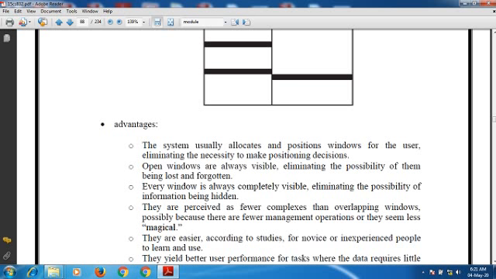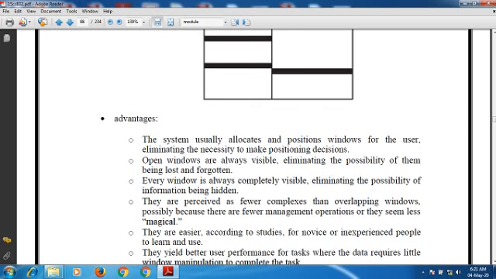Every window is always completely visible, and the information is not hidden beneath another window. They are perceived as less complex than overlapping windows, possibly because there are fewer management operations, or they seem less magical. We can easily learn them as well as easily use them.